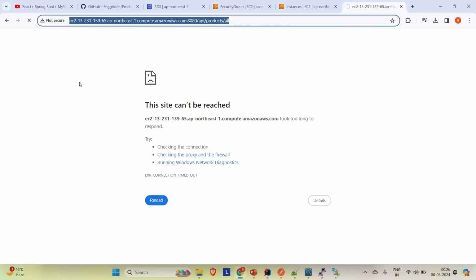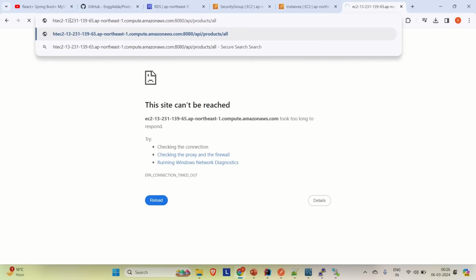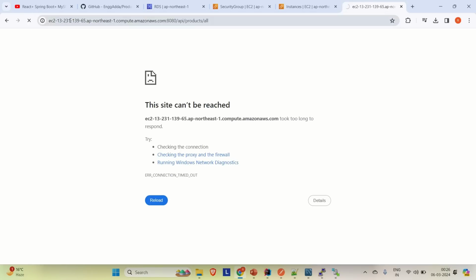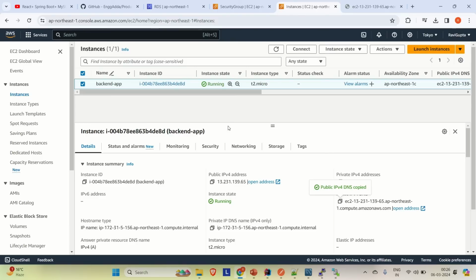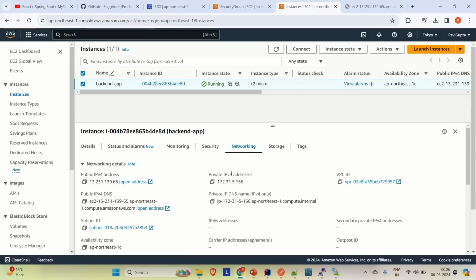Okay, it is failing. Let me try to put the HTTP here. Okay, HTTP colon double forward slash. If it is still failing, I think we have to make one change in the EC2 instance here. So you have to come here to the EC2 instance and go to your networking and